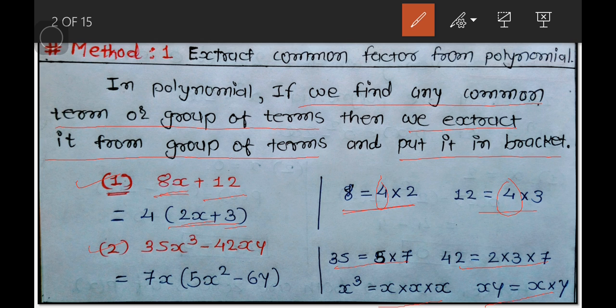Now you can see that in both the terms 7 and x are common factors. So we extract